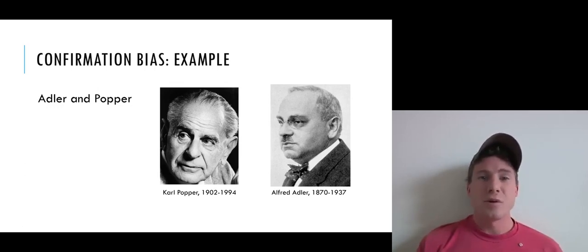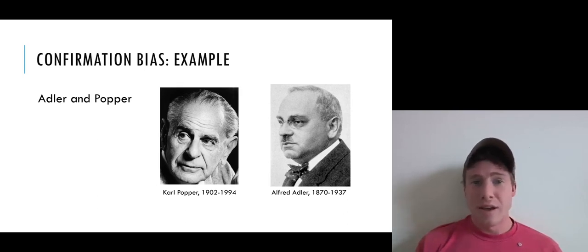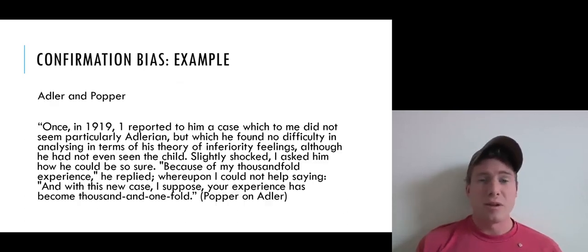And we could see a historical example. Arguably something like this happened in the story that's recounted in the Agner textbook involving the psychologist Alfred Adler and the philosopher of science Karl Popper. Karl Popper was a famous philosopher of science who actually worked briefly during the early part of the 20th century for Alfred Adler, who at the time was a very famous psychologist who had a lot of interesting ideas about psychology. And there's a story that Popper recounts of his time with Adler.